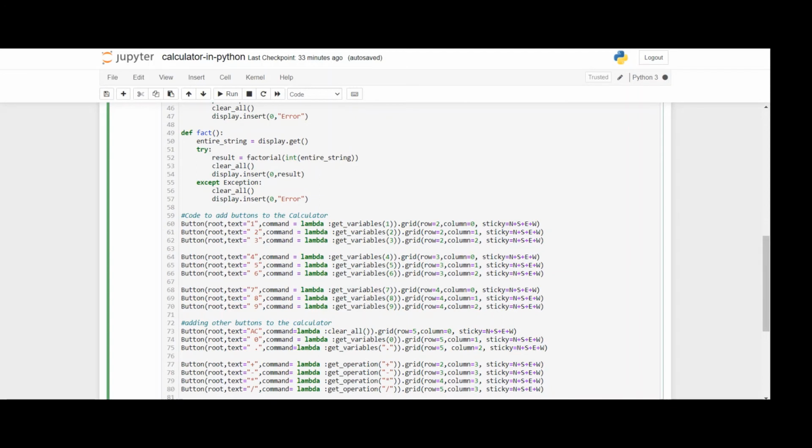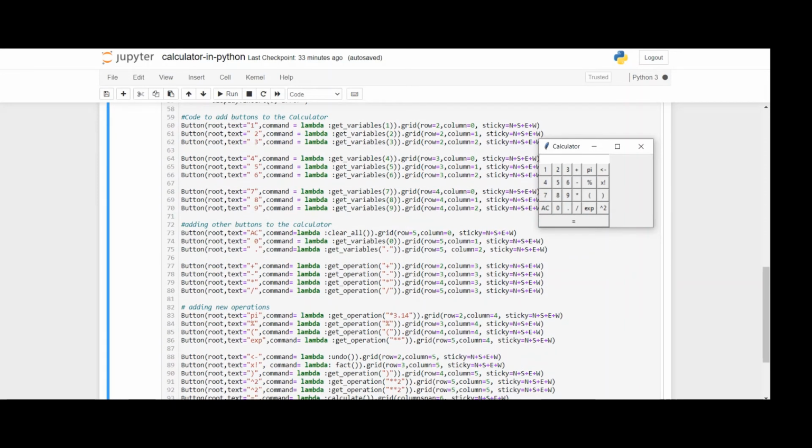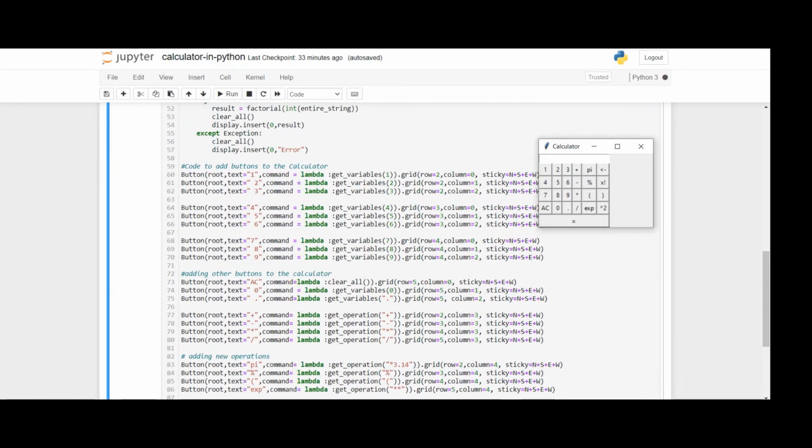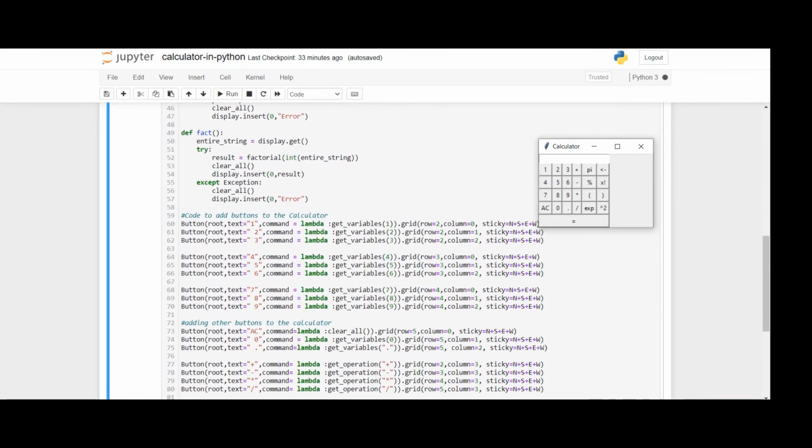Let's come forward, and let's do the buttons value. Let's create the buttons value and set it like that: 1 2 3, 4 5 6. If we click on the buttons, they generate the values 1 2 3 4 5 6 7 8 9 0, and likewise in the case of plus, minus, and all the other things. Which functions we are defining here.